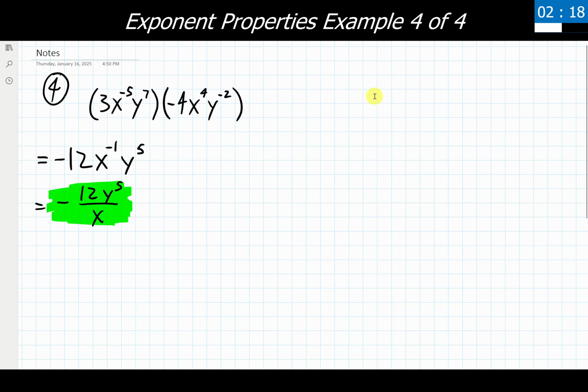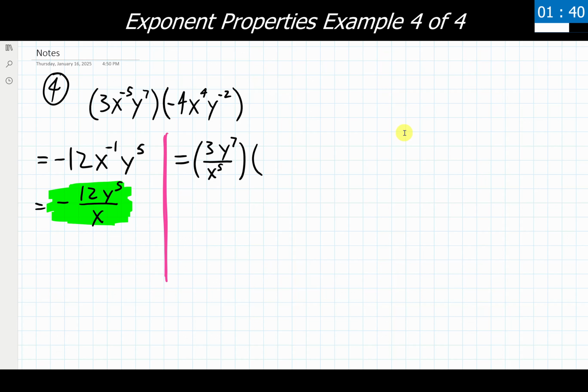But let's go ahead and take a look at the alternate route that we could take. That says, what if we work with the negative exponents first at the beginning of this problem and rewrite each of these things before we actually start applying the product or the quotient property or any of that? Let's go ahead and rewrite our first expression. So we have x to the negative 5th power, only the x is being affected, and that x is going to go to the denominator part of a fraction. So our first expression is going to become 3y to the 7th over x to the 5th.